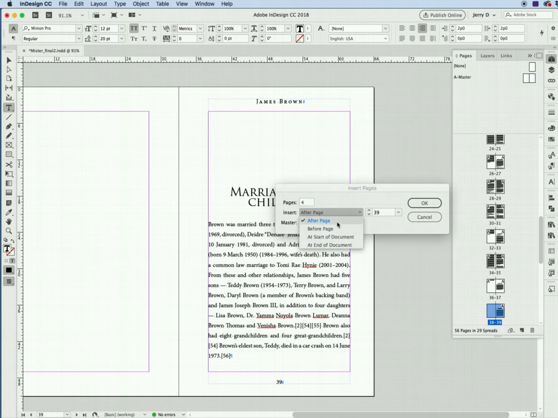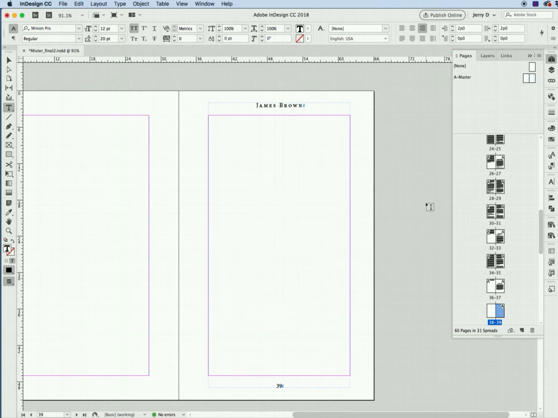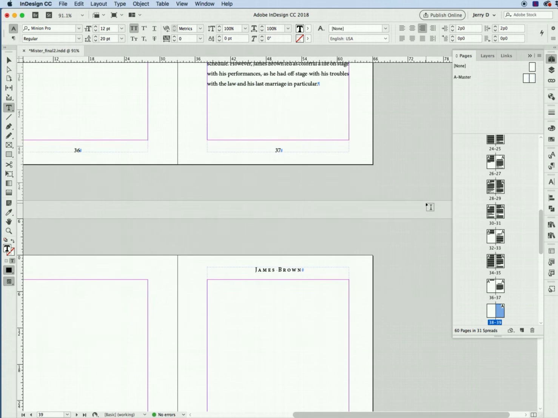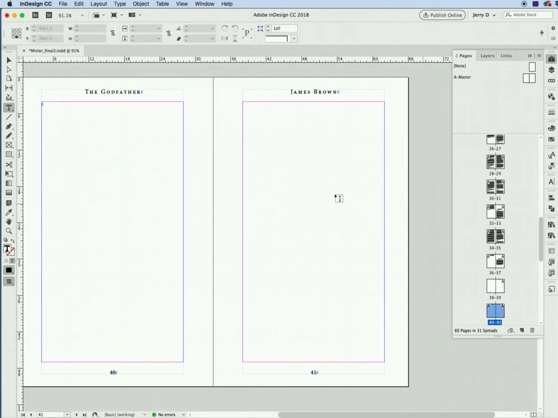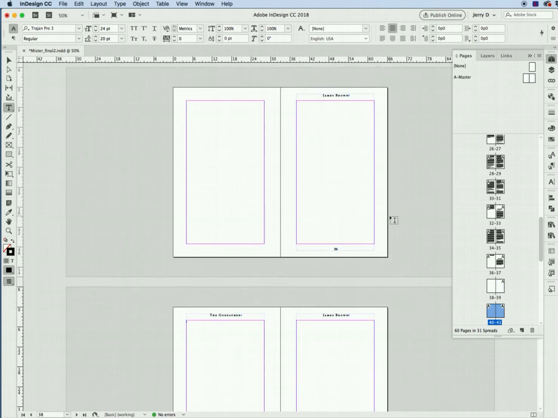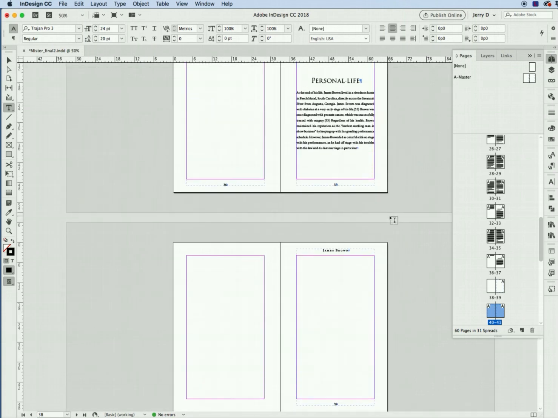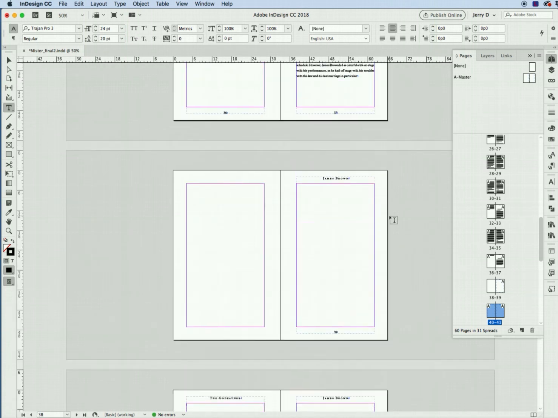No, I want it before 39, based on a master, and I'll say okay. All right, now, what it did was, if you notice, and I'll zoom out so you can see this, it added 2 more spreads, and it's blank because there was no content, but it added 2 extra spreads between what was marriage and children